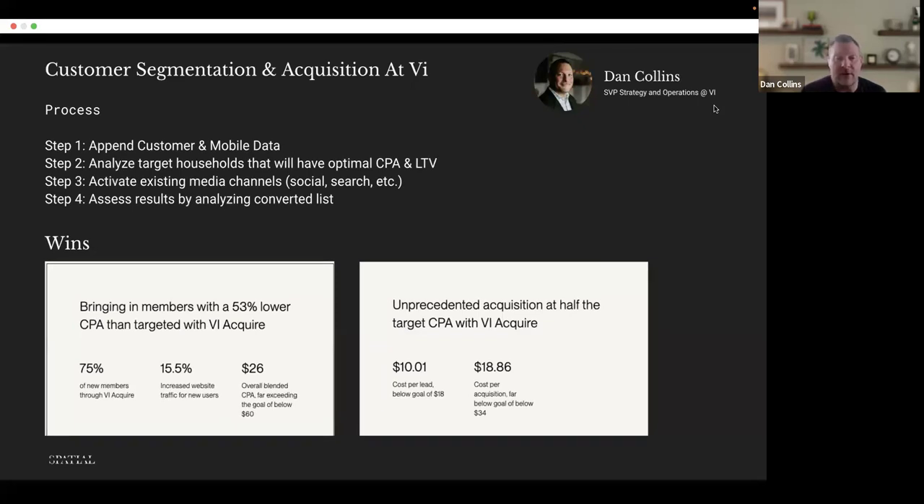Website traffic increased by over 15%. And 75% of their new member acquisition came through this particular program, through these marketing efforts, utilizing consumer segmentation and acquisition funnels. The one on the right-hand side, again, this is another example of a health club group,